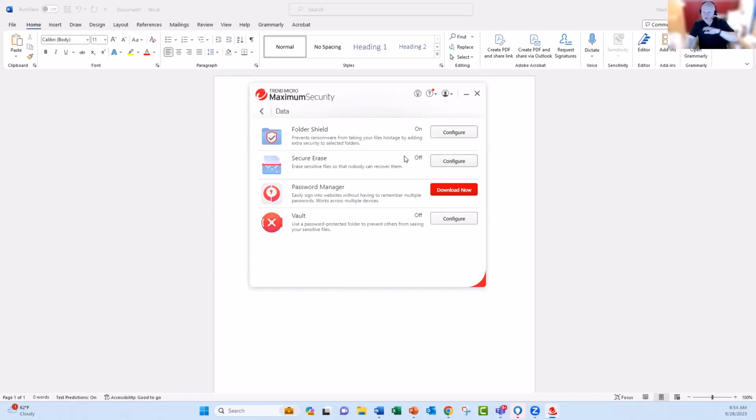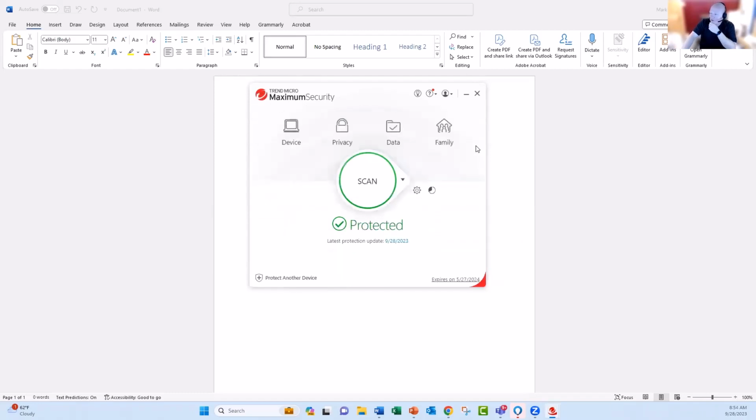For example, after you delete a file on your computer that may contain sensitive information, you remember we talked about on the hard drive segment, it would actually continue to reside on your hard drive. Well, Secure Erase will make sure that that's actually gone. A password manager, I use a different password manager, but these are very important and very good, useful tools. You can include on maximum security, you can include your family and be able to manage it from your family